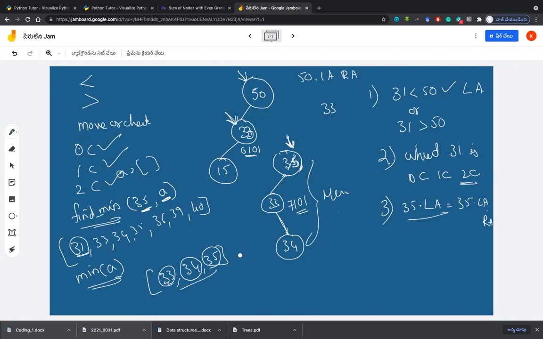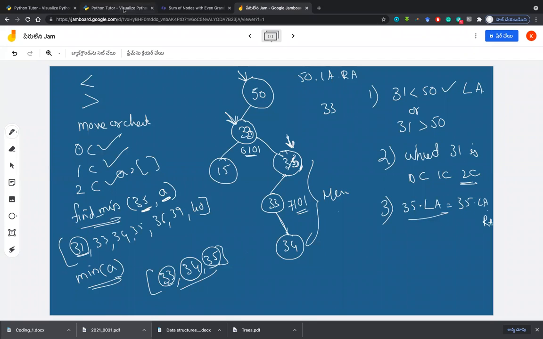That's also possible. But the problem is that insertion means you have to go to another function of insertion. You have to call another function of insertion by sending this list, and it takes some time complexity. But here what I am doing, I am just trying to make everything workable in the same delete function itself.